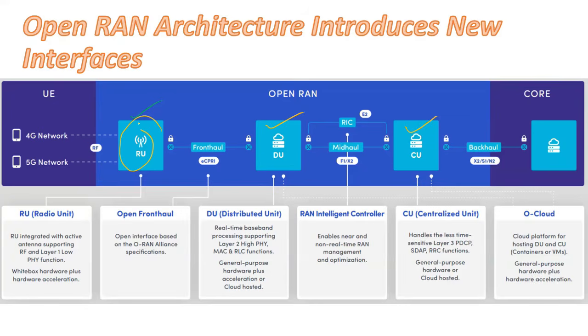And RU is located near or integrated into the antenna. As you know, the terms like AIR, right? Antenna integrated radio, right? Or you may have heard the term AAS, advanced antenna system, right? So all these things are available nowadays. Then you have the DU, right? DU is the distributed unit that is located at or near the RU, right? And then you have CU. CU is located near the core or at a centralized premises, right? And fronthaul is between RU and DU, and midhaul is between DU and CU.